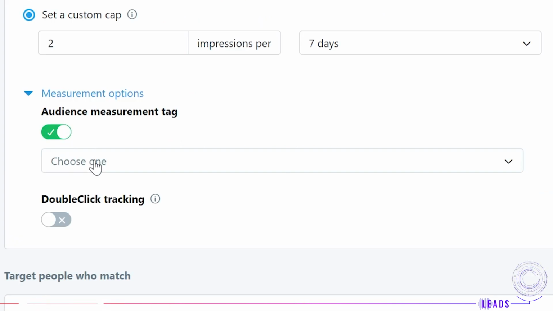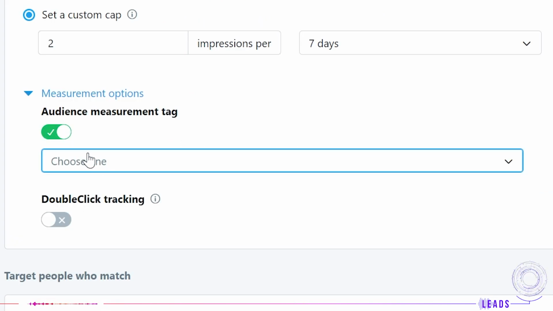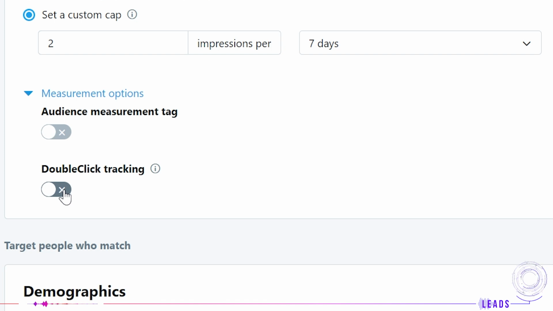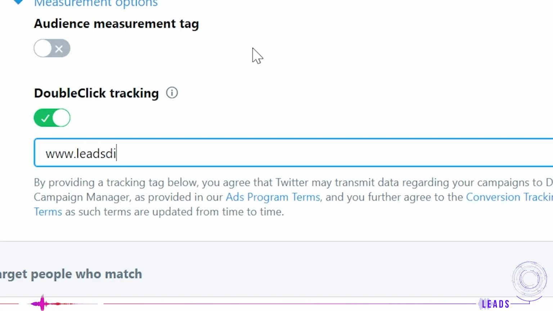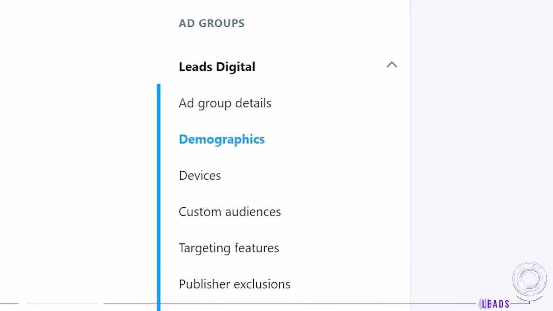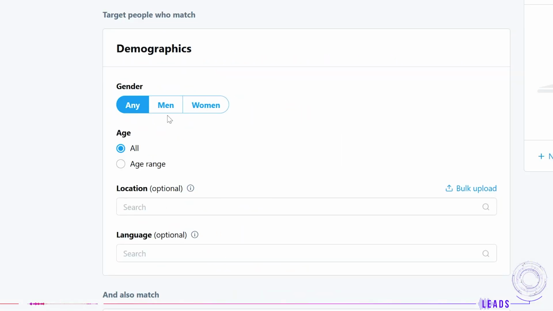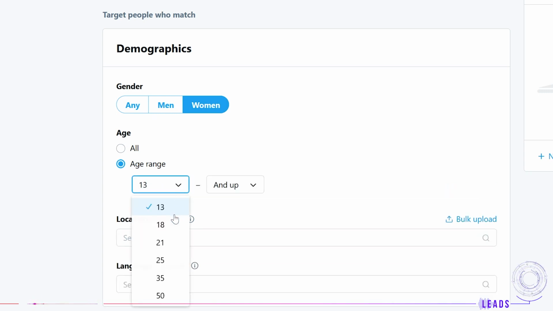You can measure the audience. For example, when choosing the DoubleClick Campaign Manager, it will track campaign performances and conversions. Twitter will send that data through server to server. Demographics. Choose the gender, age, remember that the minimum age is 13,